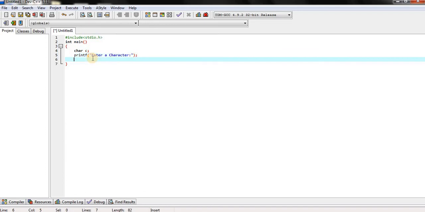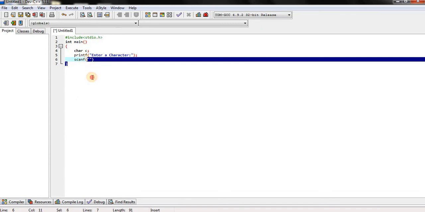End the line with a semicolon, and then scanf. It performs like an input function. Whatever information you enter is scanned inside the scanf, meaning the data type specifier and the address of the variable.